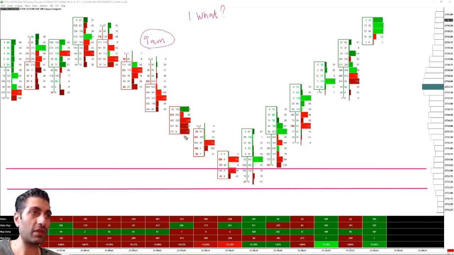So if we're looking for sellers to get trapped, what does that mean exactly? It means there has to be heavy selling, right? Would you agree the more selling there is, the more sellers that are getting trapped? If you're selling and the market goes against you, what do you have to do? Buy. So the more people that sell, would you agree, the more people eventually have to buy the market? So that's why I want this to be